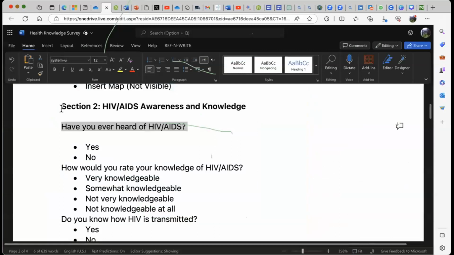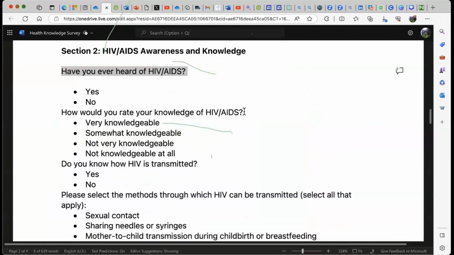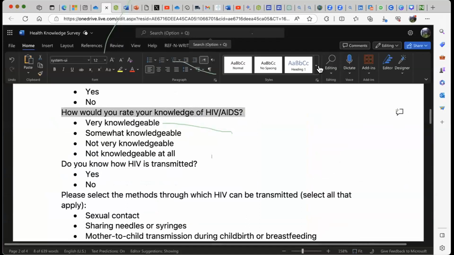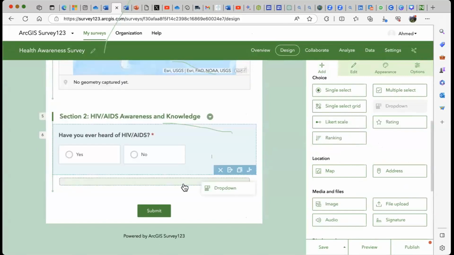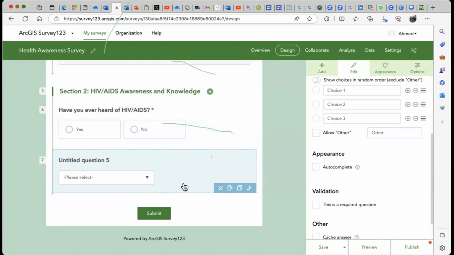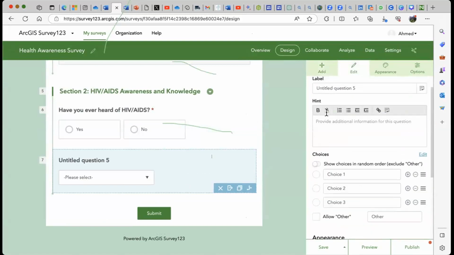Okay. How would you rate your knowledge of HIV/AIDS? Okay. So I can make that the drop down. Or look at. So it's up to me. So that's the question.